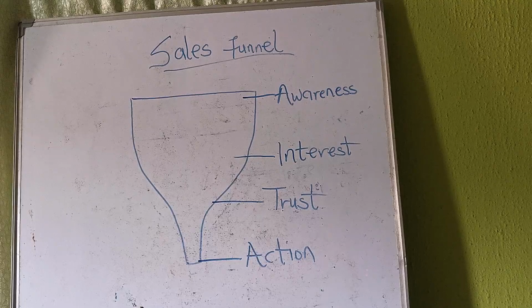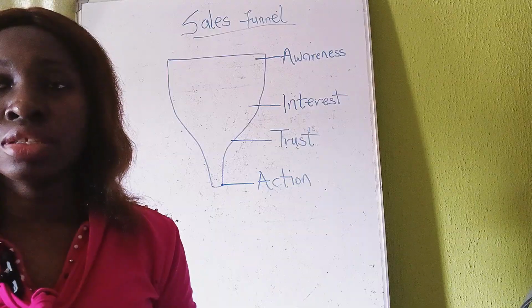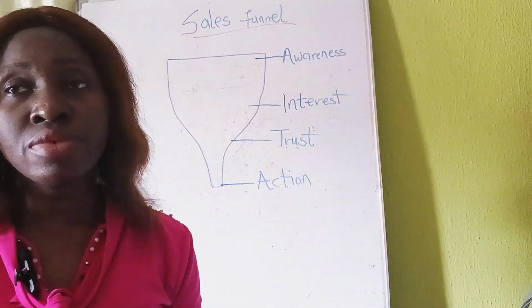So the mistake people make at this stage is not telling people what to do next. Don't assume that they know what next to do. No, they don't. Even if they do, still give them direction. If your call to action is weak or unclear, people will delay even when they are ready. For your business, the more eyes that see your content, the higher your chances of conversion. If few people see your content, the conversion will be very little.